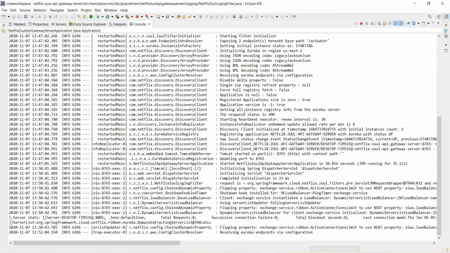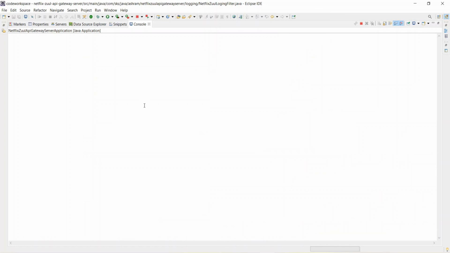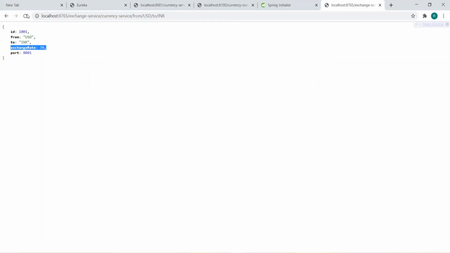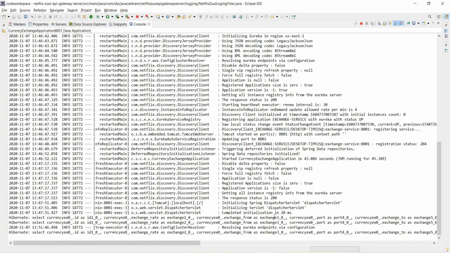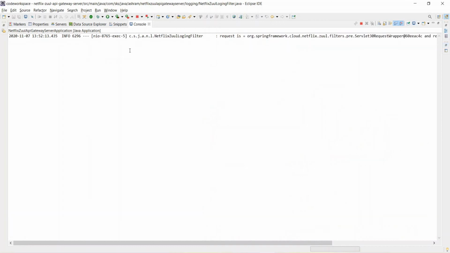Let's clear this log so that you can understand better. Clear, okay, and then again hit the currency exchange through the Zuul API gateway server proxy. Then go here and see. You have to make sure you are looking at the right one.